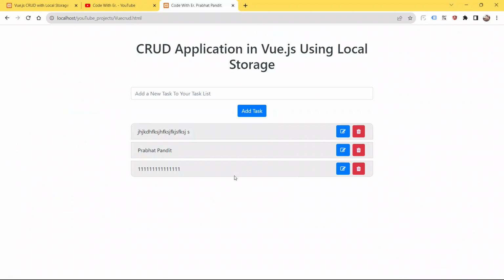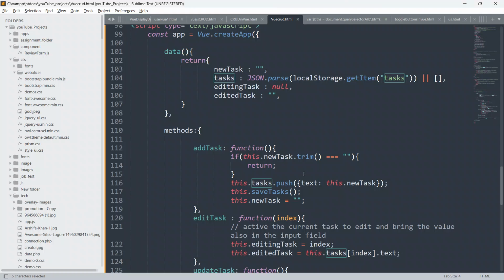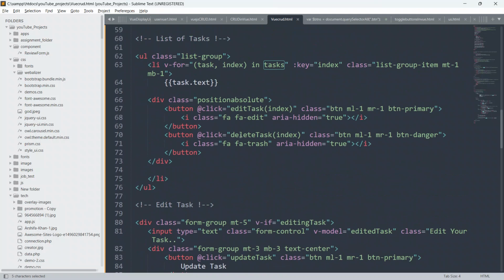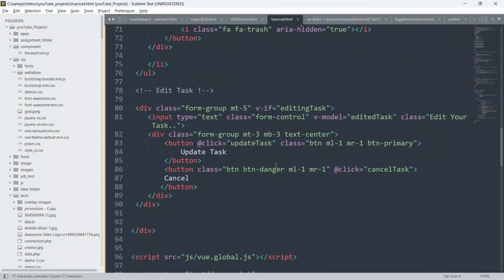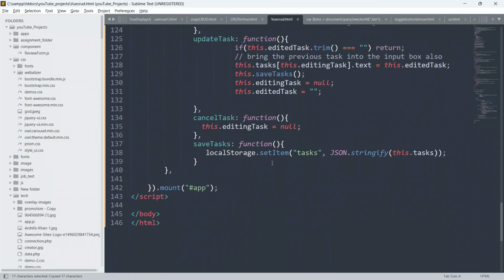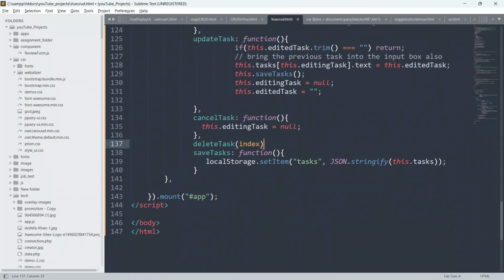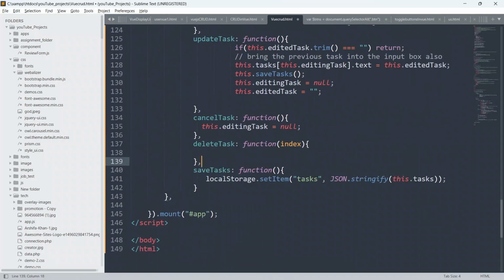Okay, so guys, after this we have to define the function deleteTask. Just go here and copy this method from here, deleteTask, and we have to define it also. So I will say here this deleteTask and give a colon, create a function and receive the index also from there. Give opening and closing curly braces and put a comma here, and we have to delete this.